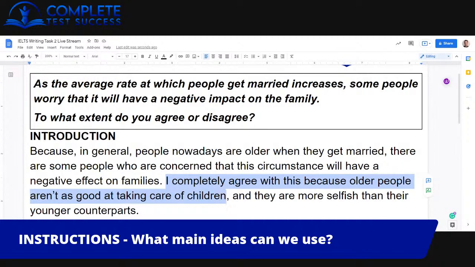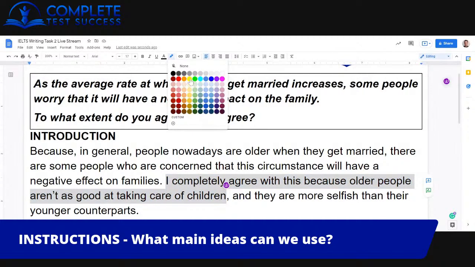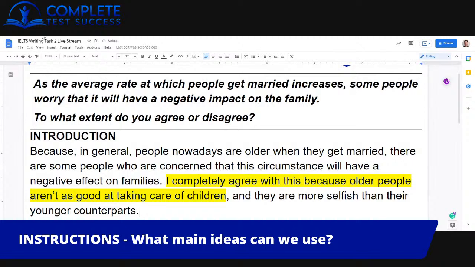Old people aren't as good at taking care of children. So based on that idea, I want you to write a body paragraph for me. So go ahead. I want to see your full body paragraphs because I haven't looked at a full body paragraph in these lessons for a while. And I think it's good practice, even though there's more downtime. And I think for anybody watching the recording of this lesson,